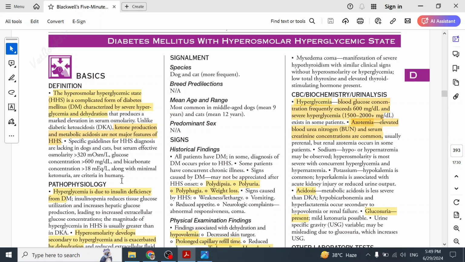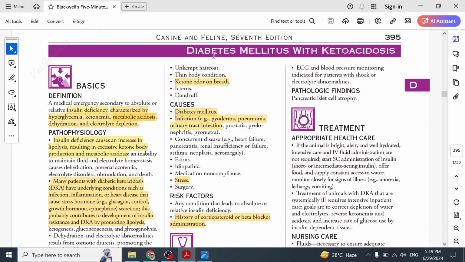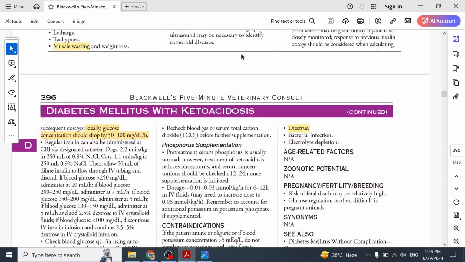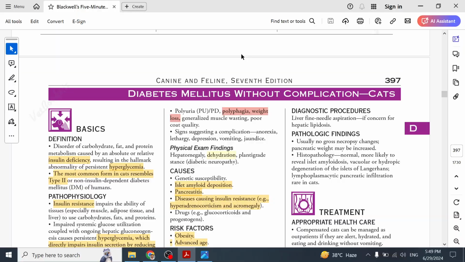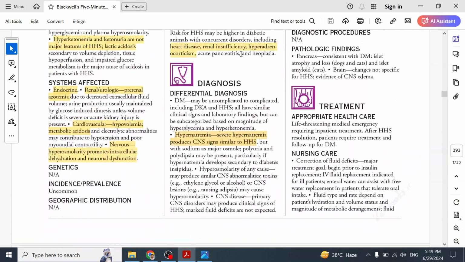So today we will discuss diabetes mellitus in cats. There are three types of diabetes mellitus. We start from the hyperosmolar hyperglycemic state, which is also termed HHS. This is the first type of diabetes mellitus. Then after HHS we have DKA, which is diabetic ketoacidosis, or diabetes mellitus with ketoacidosis. And the third type of diabetes mellitus is without any complication. So first we discuss